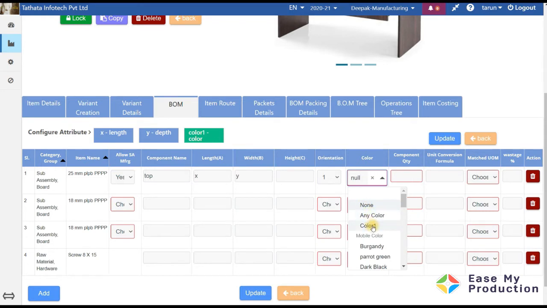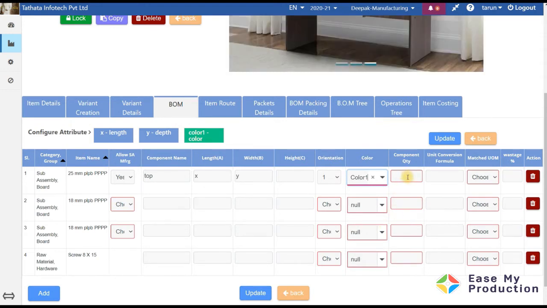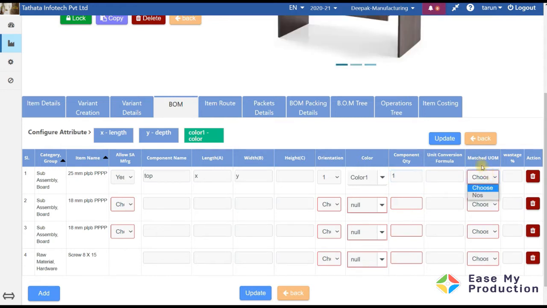So we want to apply the color of the table, so we'll choose color 1 and I will say quantity 1, and then the unit, it's in numbers.